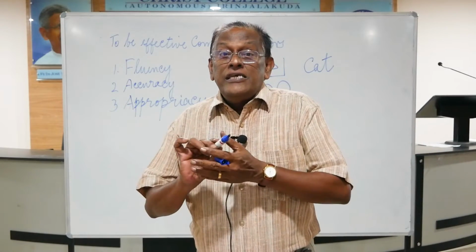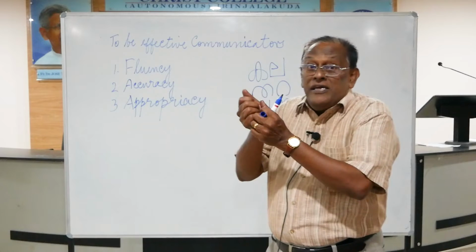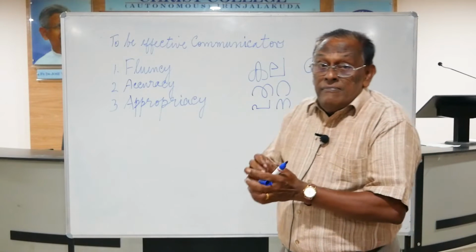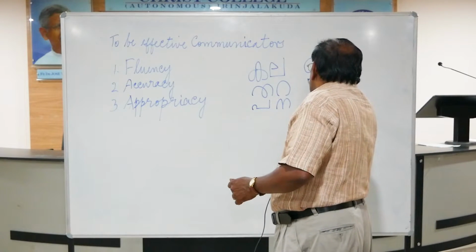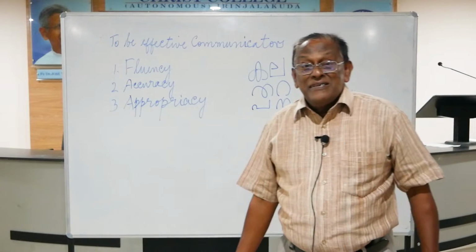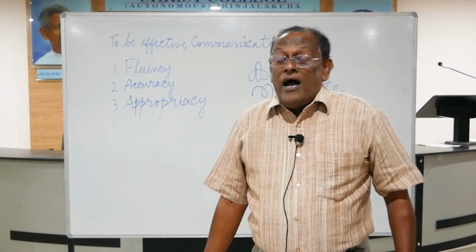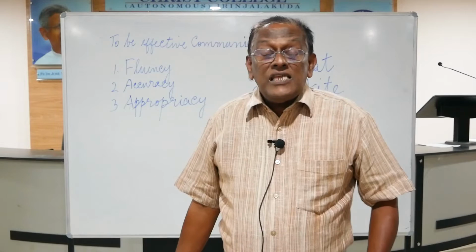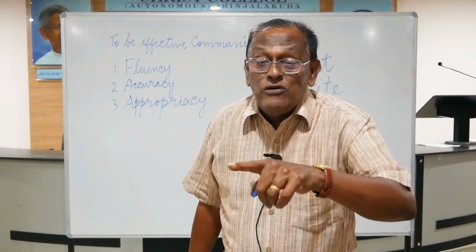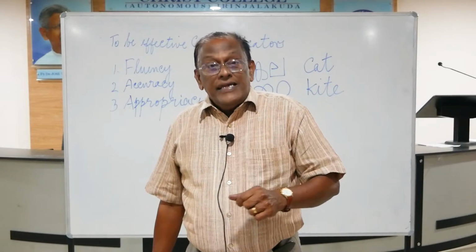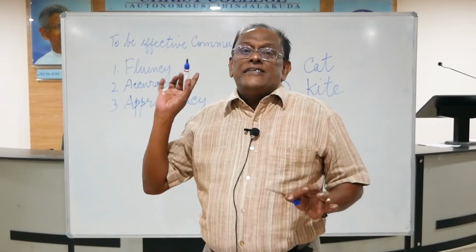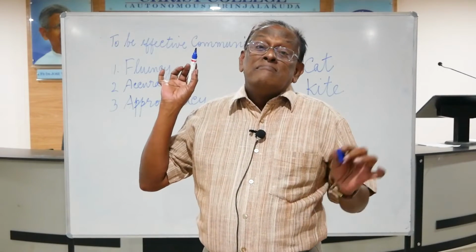But then she brought the picture of a boy standing on a seashore and pulling something, looking up. And she wrote on the board the word K-I-T-E, kite. I was really wonderstruck because in the word cat, the letter C was used to produce the sound k. In the second word, same sound, k sound, kite, but the letter of the alphabet used was K.